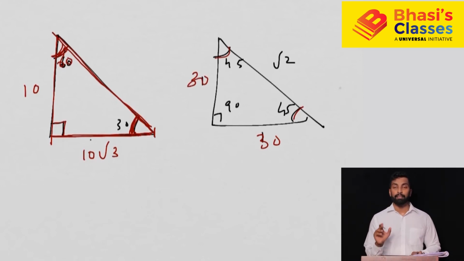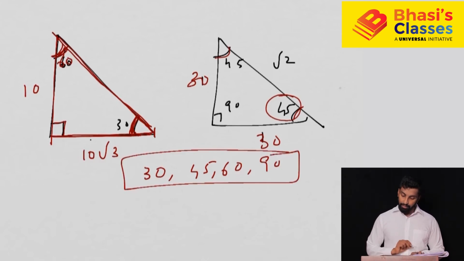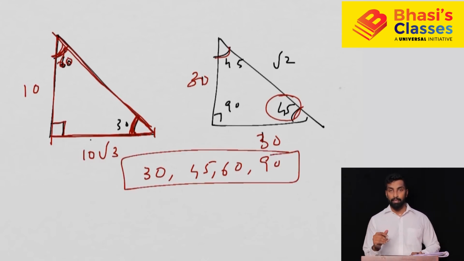Now why did I tell you that these are the two triangles possible? Because otherwise you need to apply sine 45, sine 30, because here the values given are 30, 45, 60, 90, right? These values, sine value, cos value, tan value, etc. you can remember. But sine 15, sine 20, sine 25, sine 35, etc. is not expected from you. That's why you will get these two triangles only.